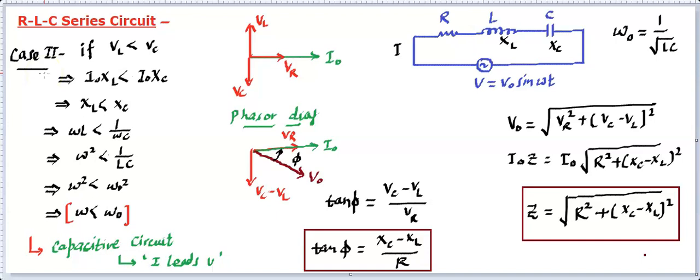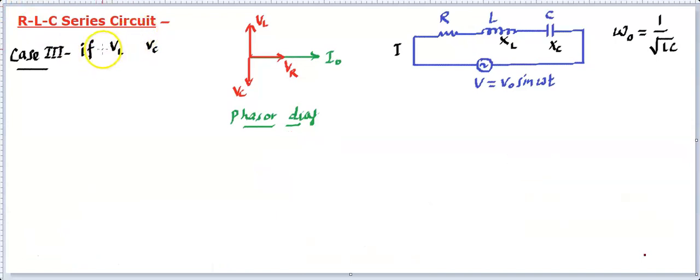And now we will be talking about the third case, that is going to be the most important one. So let's talk about the third case. In the third case, we will say they are going to be equal. So let me write this. Well, so here is this third case. VL is equal to VC. If they are equal, then we can follow all the rules and we can find XL must be equal to XC. And in a very similar way we can claim that omega is equal to omega naught. So if omega is equal to omega naught, that means the external frequency came to be equal to the natural frequency. This condition is known as the resonance condition.